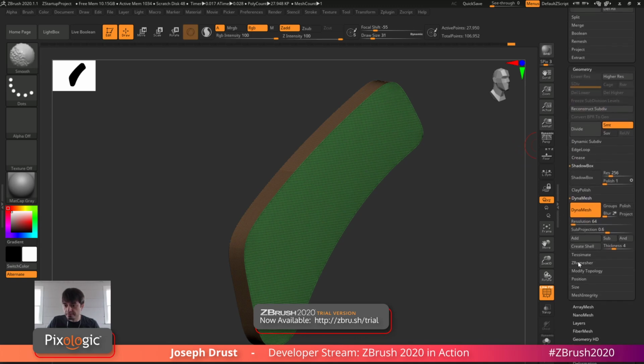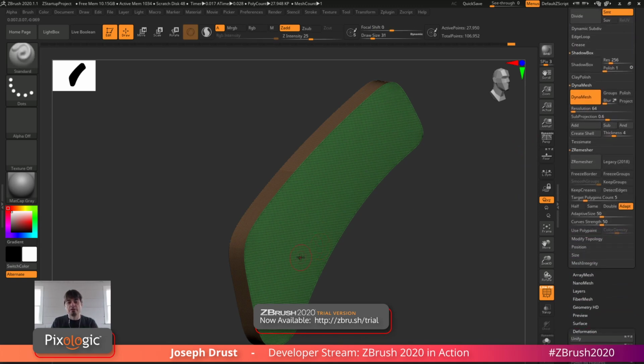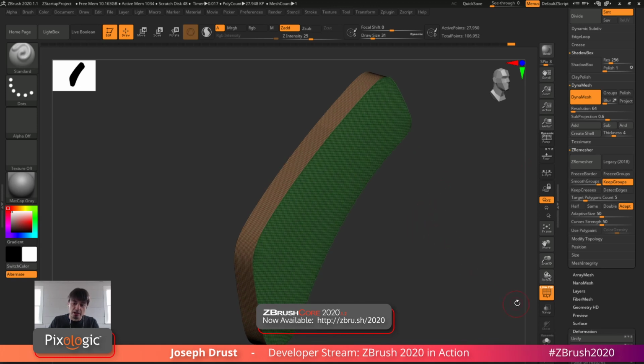So I'm going to go up to the ZRemesher now. And in here, I want to ZRemesh this to get lower topology across the surface here. And so for this, I need to change a few options as well. So first, I want to keep the groups. So I want to keep these nice edge groups I have, so this front, middle, and back, and I want them all to stay. And if you turn Keep Groups on, this is also going to help with your topology,